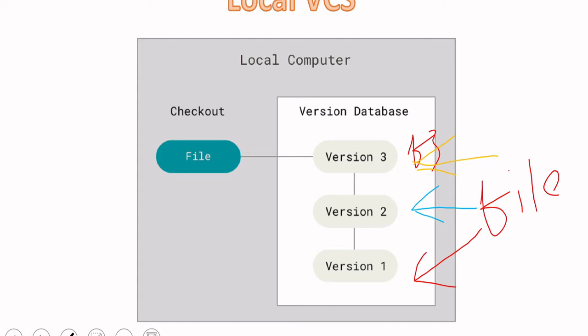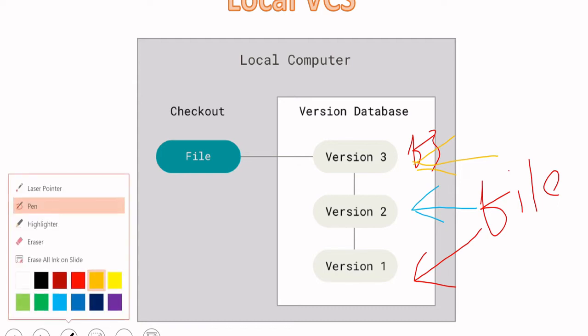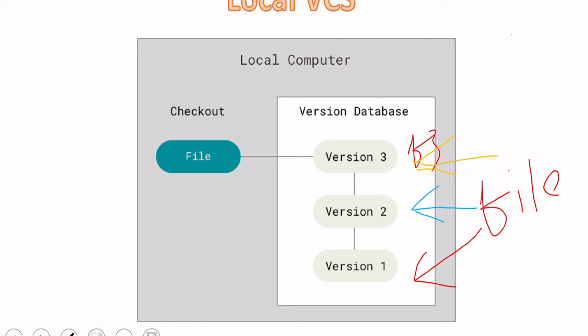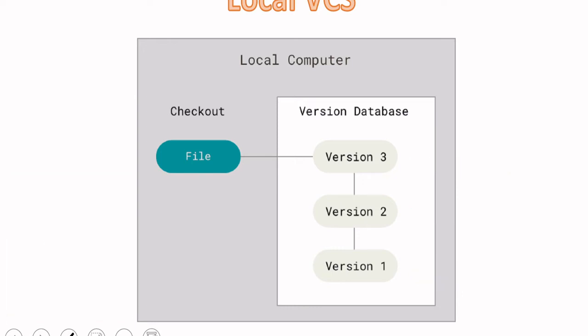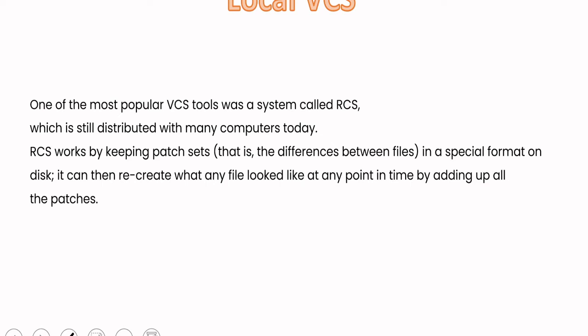But where is it applicable? This is applicable only to your local computer. It's not across the team. That is the reason this local VCS is not up to the mark to use across companies. So it is a very old one. Nowadays, no one is going to use this. It is a bit of old technology. If there is some problem in your system, that means you lost everything. All your team members cannot work together with the same code because of these issues.